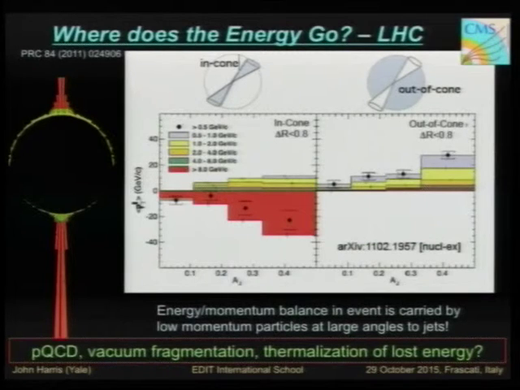Okay, so where does the energy go? Also from CMS. Here, if you have the trigger jet over here, again, this is as a function of asymmetry. The asymmetry they use momentum instead of energy between this leading jet and the next to the leading jet is plotted here. As it becomes more asymmetric, here they plot the missing PT, and I should just say that this is on the leading jet side, and this is on the away side, or the next to leading jet side. They see that,